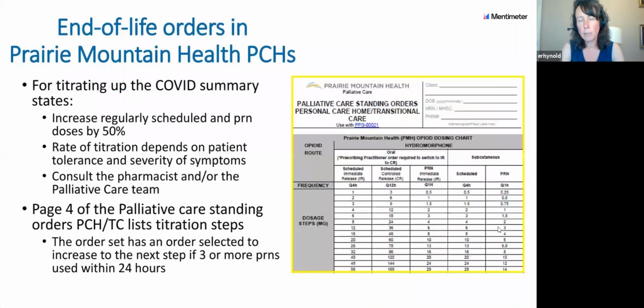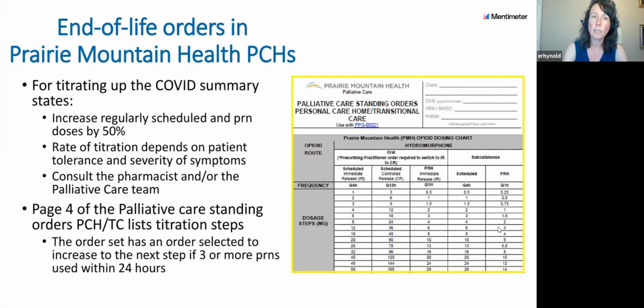The other pages of the PMH standing orders help with some titrating. So in those COVID summaries, as I mentioned, they recommend increasing the regularly scheduled and PRN doses by 50%. And they say the rate of titration depends on the patient's tolerance, so usually how drowsy they're becoming, and the severity of their dyspnea symptoms. And sort of waiting a day to titrate is likely not going to be frequent enough to meet their comfort